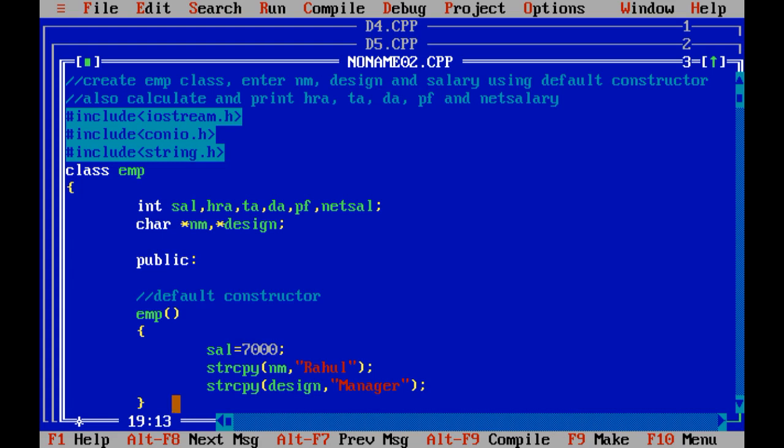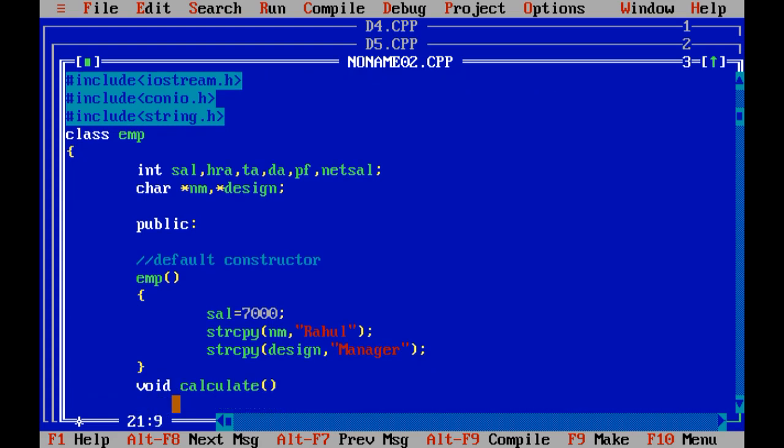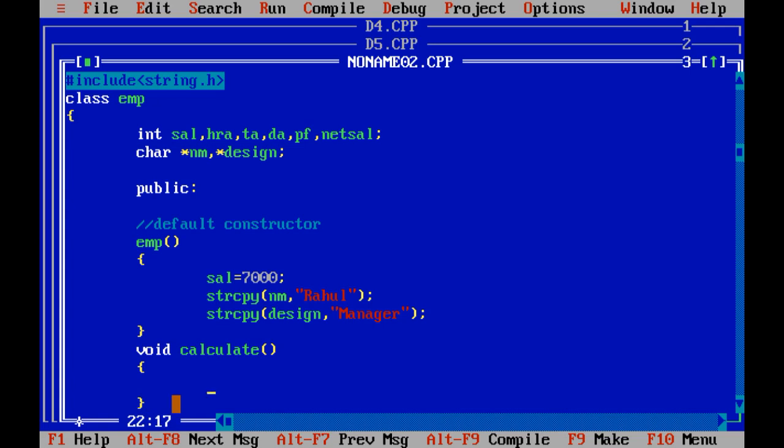I have created the default constructor. Now I am going to create the calculate method. Inside calculate,